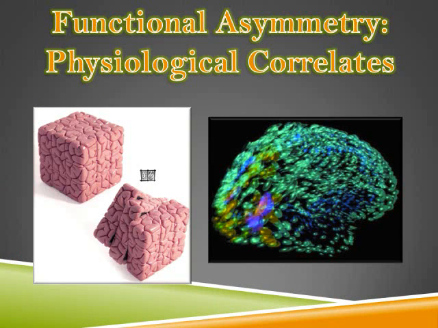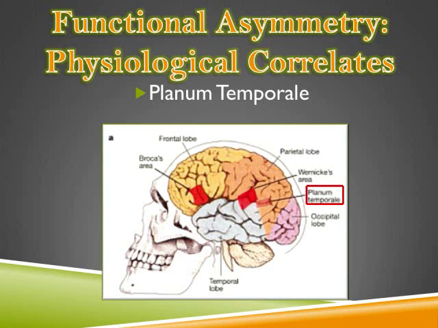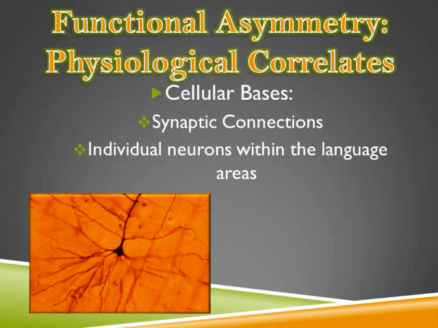With the affirmation of language asymmetry igniting a ferocious fire, a cascade of research set out to determine other structural and functional asymmetries. One such finding is that the Sylvian fissure curls farther upward in the right hemisphere than in the left hemisphere. Also, the planum temporale is larger in the left hemisphere. Such an asymmetry directly correlates to the dominance of language in the left hemisphere, which presumably requires more surface area.